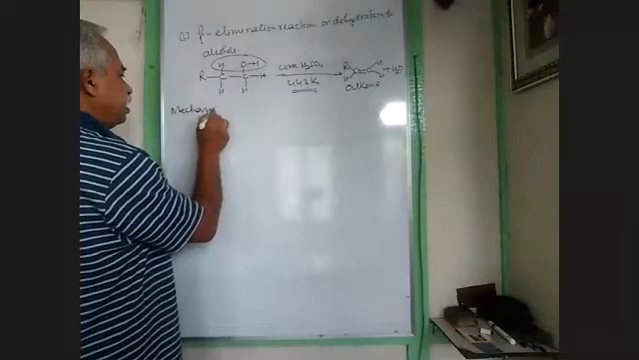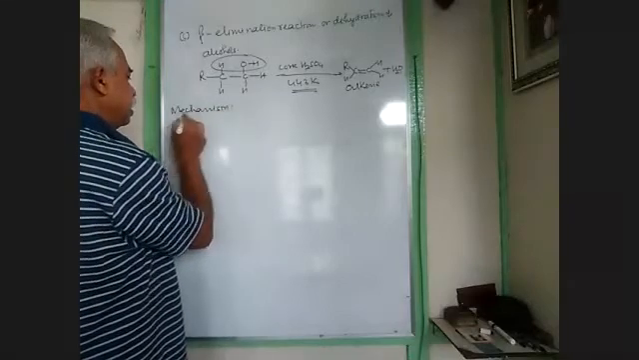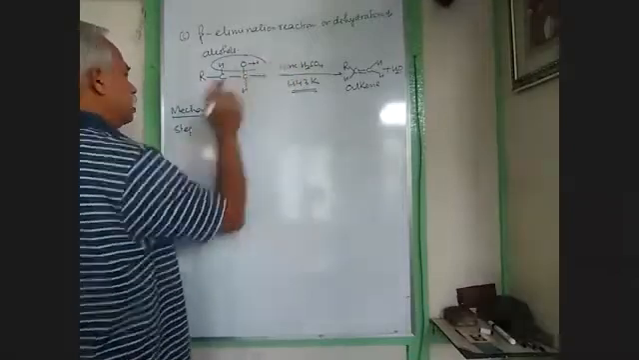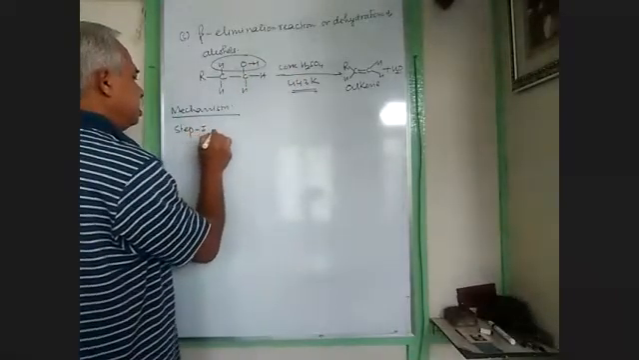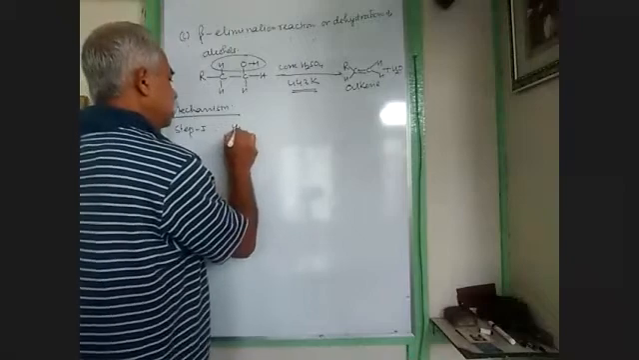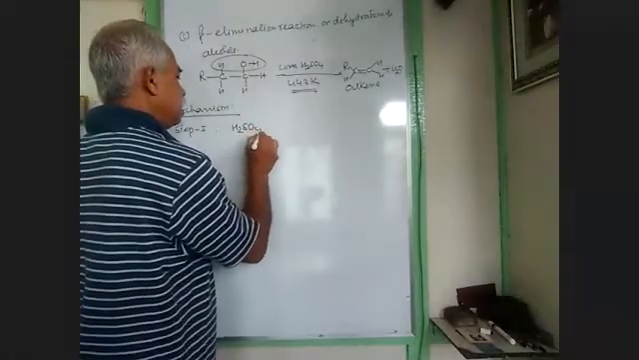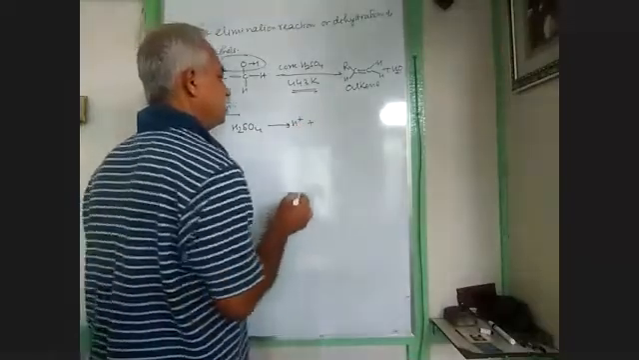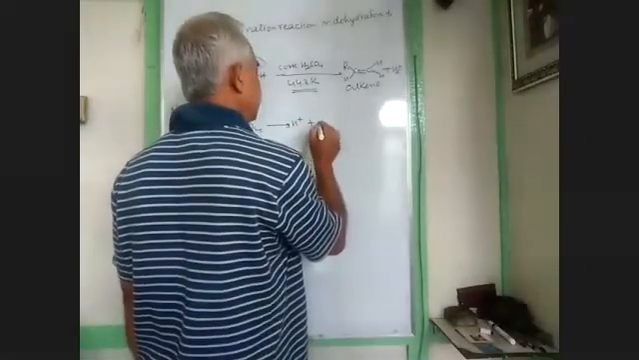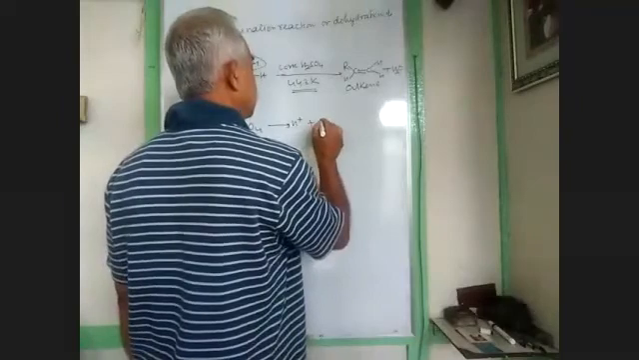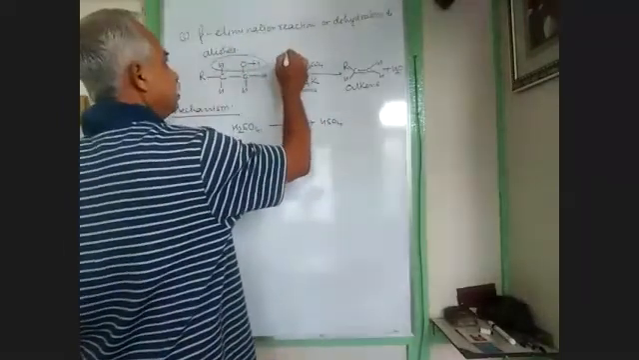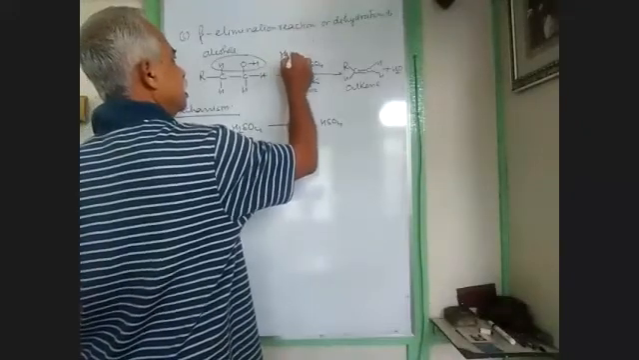Now you will write the mechanism. See here, mechanism. You know what did you add? Acid. So it will immediately undergo dissociation. It is a strong acid. So what will you get here? H plus, and HSO4 minus. This reaction can be carried out in the presence of concentrated